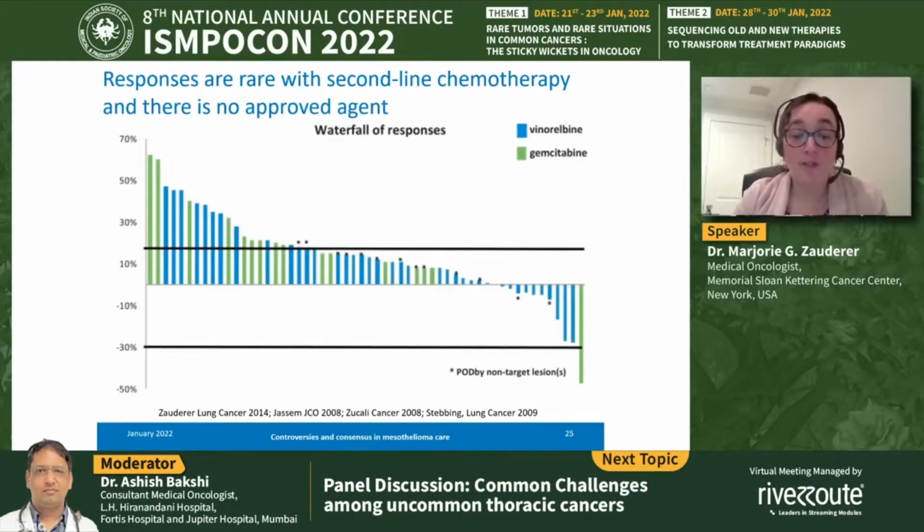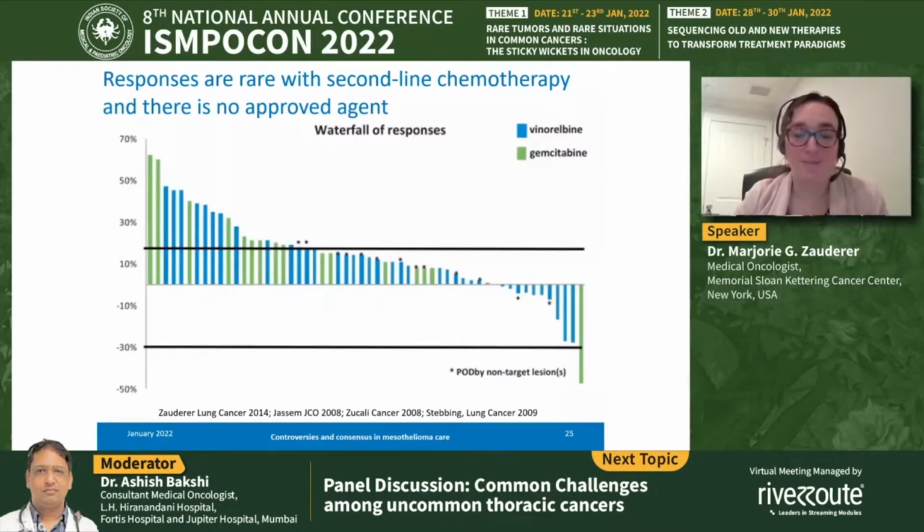In our own institutional experience shown here, among patients who previously received pemetrexed-based therapy, there was a low response rate, less than 5%, with vinorelbine and gemcitabine, which are the most used agents in this setting. A substantial fraction of patients, about 50%, do achieve stable disease, but it is short-lived for a median of only